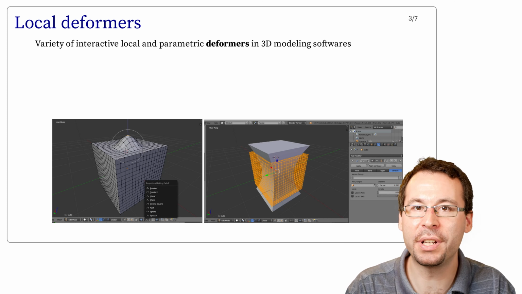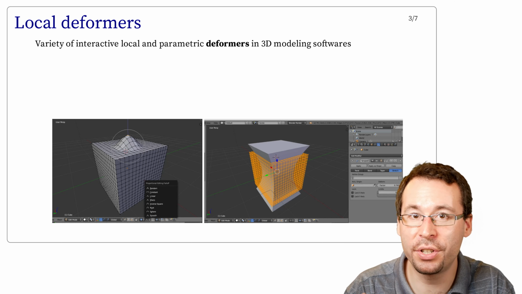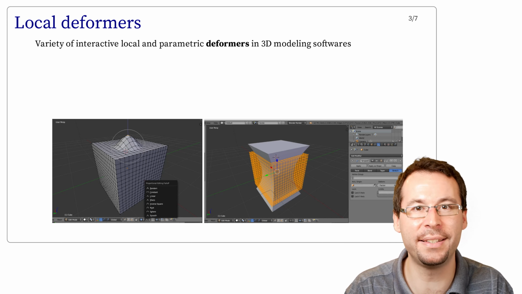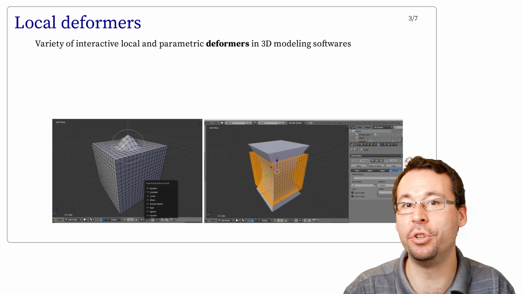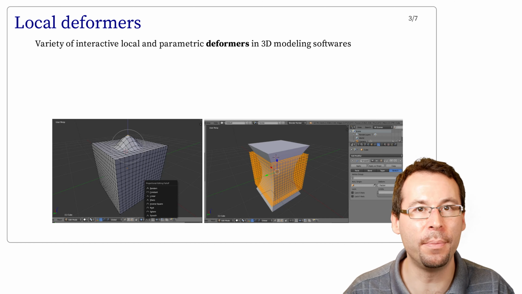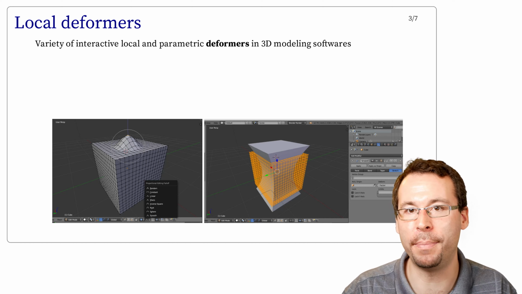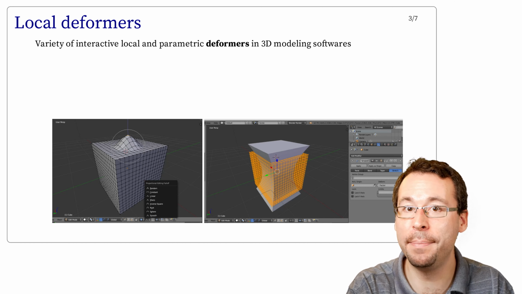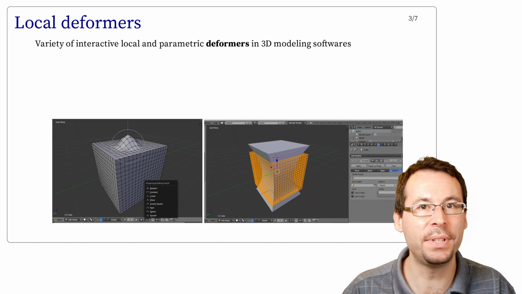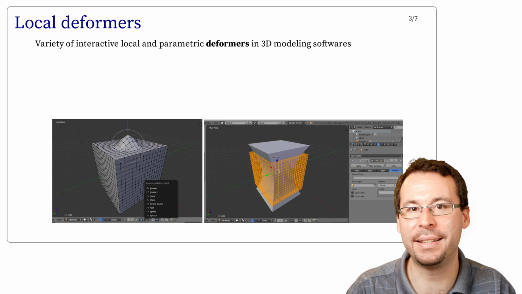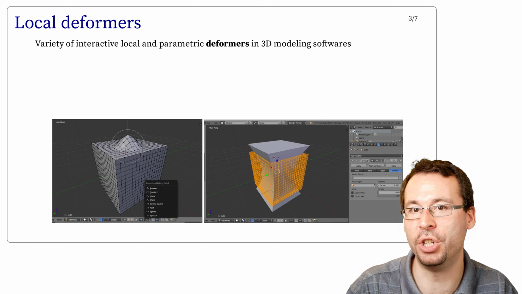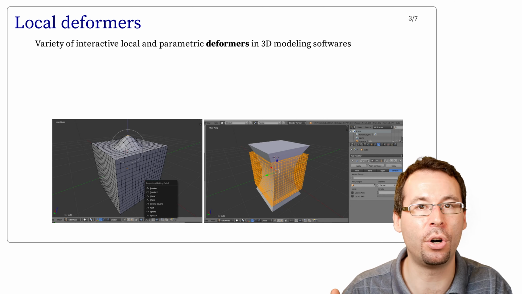So deformation can also be thought of as a way to sculpt details on a shape, like pulling, carving, squeezing some part, typically under the gesture of the user. So these kinds of sculpting tools are common in modeling software like Blender or Maya, and they are one of the primary tools used by artists to generate details. These deformers are mostly implemented as simple parametric functions that are locally applied on the shape around a position that depends on the mouse or cursor's trajectory.